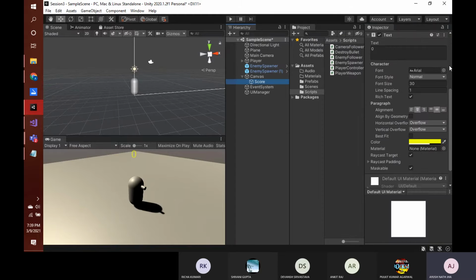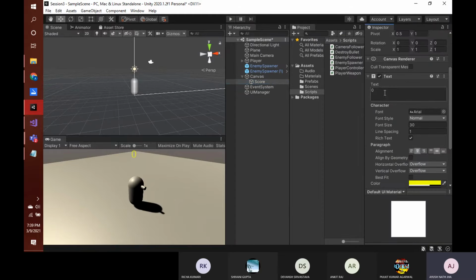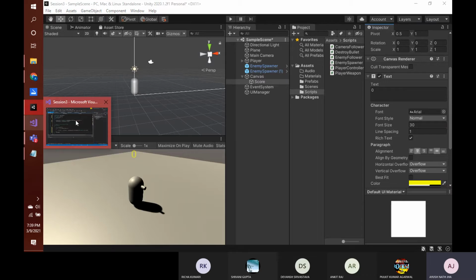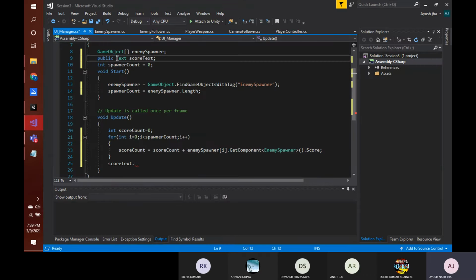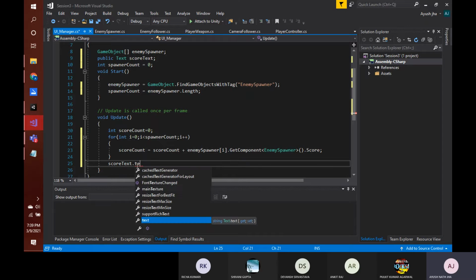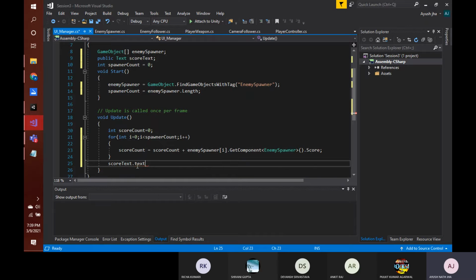So to display, as you can see in the text component, we have this text field. So we need to update this text field. Okay, so for this text field, we have score text. We have taken this text component, and score text dot, we need the text field. Score text dot text is equal to, we have to show the score count, set the text to score count,